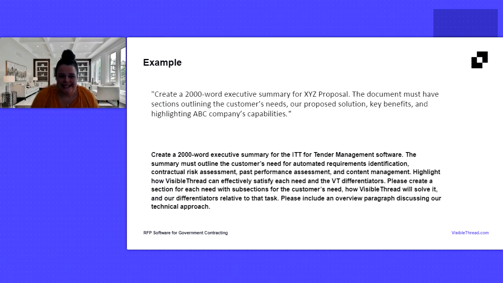So I want to look at an example. And what I have here is a basic prompt. Now, like I said in the front end, everybody is going to get these after. So we have a file with all of these prompts that you can build on. And think about these basic prompts as just an outline for the framework that you can then add your information into. So what I've done here is I've created a basic framework, and then I've done a VisibleThread specific example